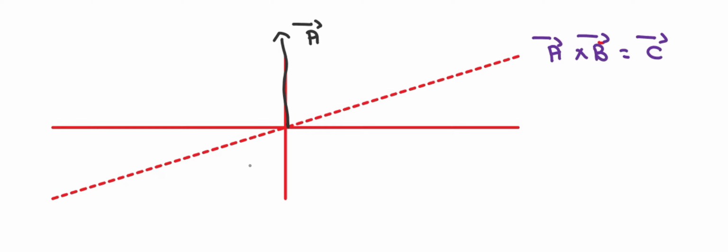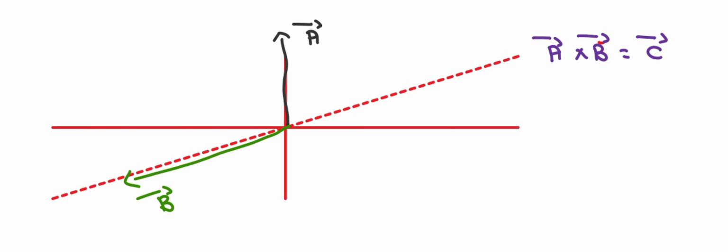So therefore, if we have two vectors, that is A and B, and we get a C vector. Let's suppose the A vector is directed along the y-axis and the B vector is directed along the positive z-axis. Just pause the video and think, where does the C vector actually lie?